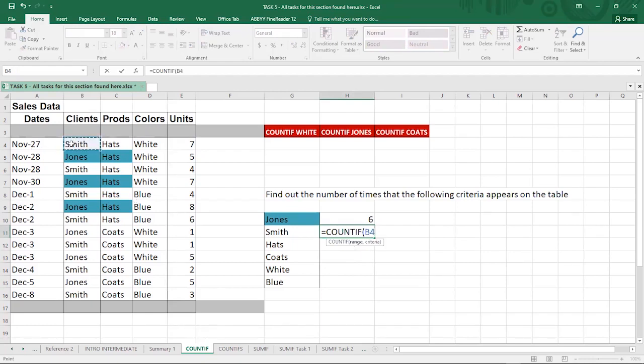So we have the range. The range is still here because Smith is within this range. Then hit comma. Then you now input your criteria. But while inputting it, because it's a text, you just have to include it in speech marks. So I open my speech mark, then I type in